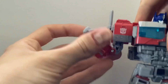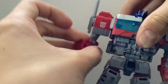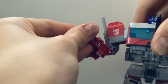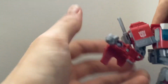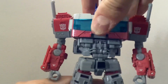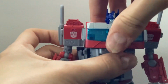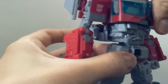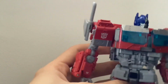The elbow is very deep. Same with the bicep, as you saw, then combine them together. It's a full 360 bicep swivel, but the elbow is just very deep. You do get wrist swivel, full 360 of that, and wrist in because of transformation. You do get a waist swivel, but also a below the chest swivel, because of transformation, but makes a very natural look when you give him a waist swivel